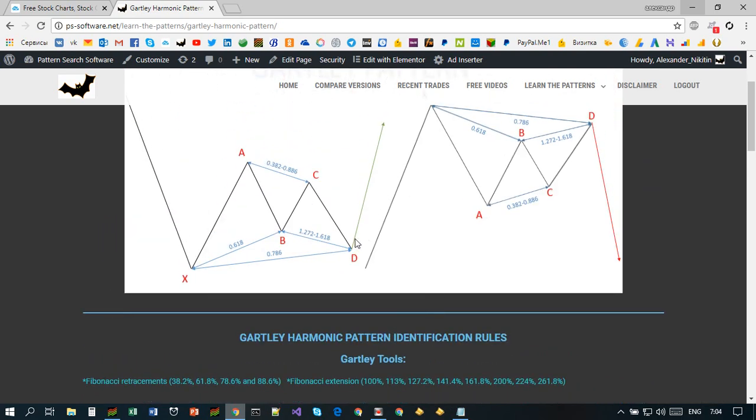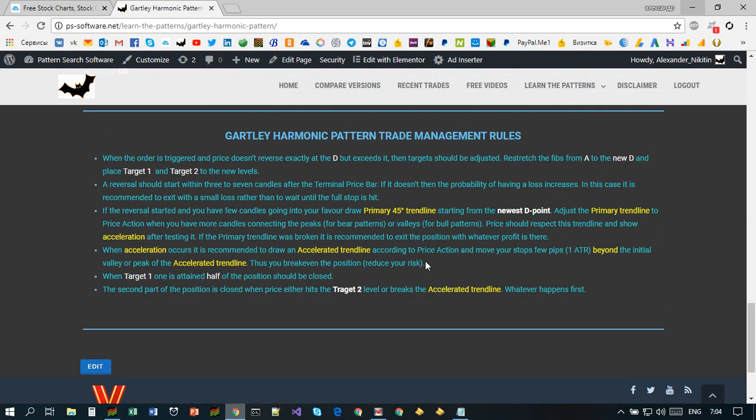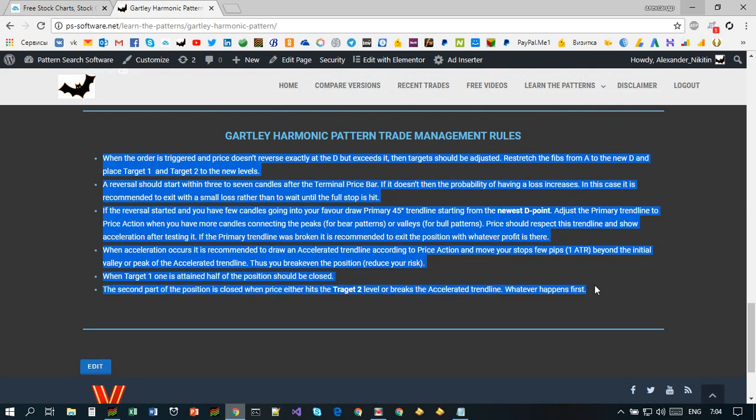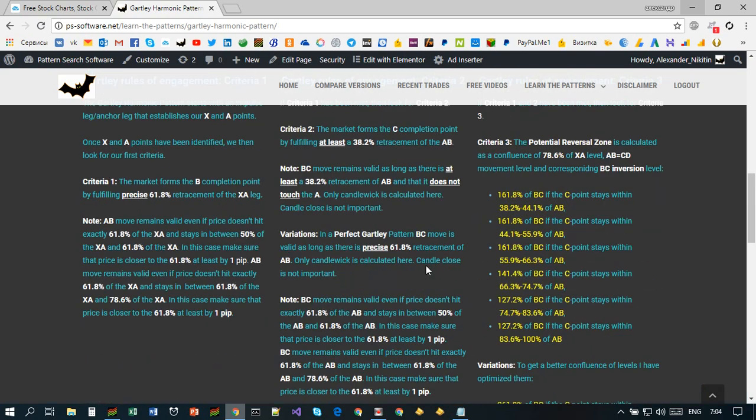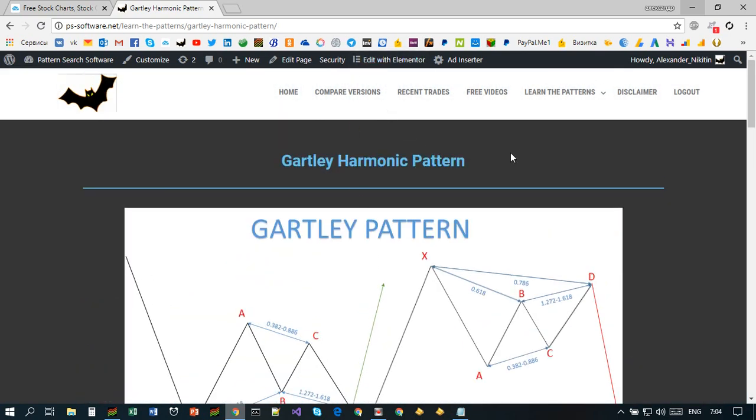In many situations, we have that initial thrust up to our first target, but the take profit was not hit, and then price reverses and goes to stop loss, and you start tearing your hair apart, cursing everything, cursing all the whales or whoever is moving the market, but not yourself. But if you would learn this, if you would know these price action tips on how to manage your trade, of course you would exit at least with some small profit or at break even. Okay,